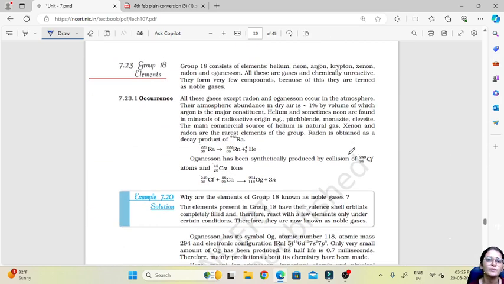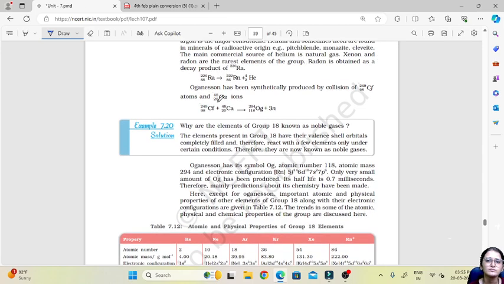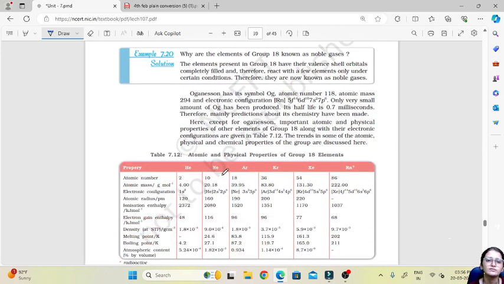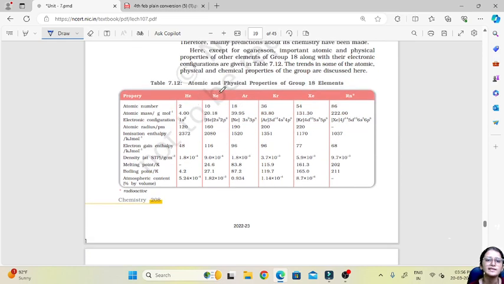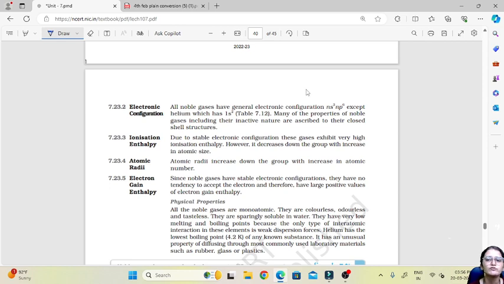Then next is group 18 elements, which are the noble gases. So helium, neon, argon, krypton, xenon, radon, these are the examples here. Occurrence: they occur in the atmosphere, in dry air around 1% by volume. And radon is obtained as a decay product of 226 radium. Again we can see this table: helium, neon, argon, krypton, xenon, radon. Their configuration is fully filled, that is ns2 np6. Ionization enthalpy